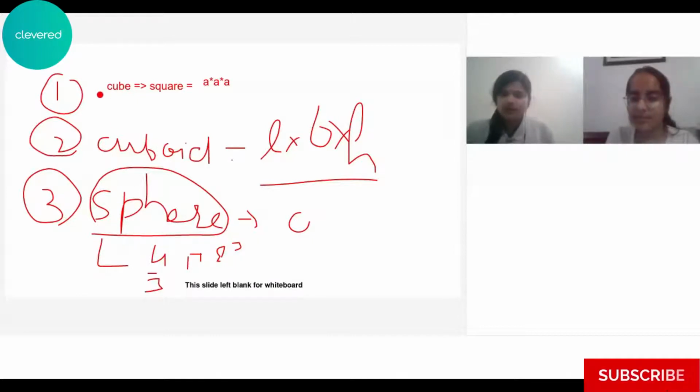Now, suppose let's just take two shapes into consideration: a cube and a sphere. So, if I want to know the volume of a cube, what input do I want from the user? What does the user need to give? Then only we can calculate volume. The side. The side length, right? So this is one thing. Okay, now suppose we are taking sphere into consideration. So here 4 by 3 is a number, pi is a number whose value is 3.14, right? We need radius. We need radius.